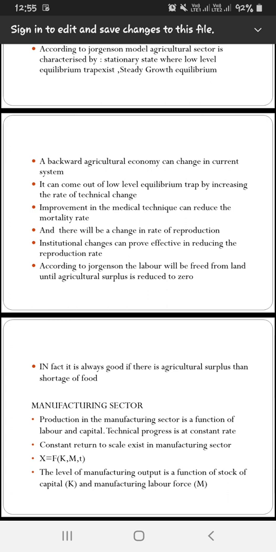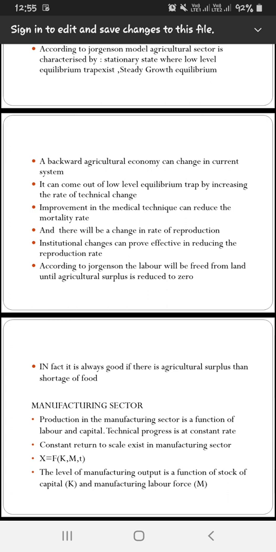However, the output in the sector is not the sole contribution of K and M volume alone. The rate of technical progress is rapid in this sector. Each time, the corresponding K and M together determine the manufacturing output with the support of the existing technology. The production function in the manufacturing sector is in the Cobb-Douglas production form, hence constant returns to scale exist in the manufacturing sector. According to Jorgenson, if the relative share of labor in manufacturing output is constant and if all